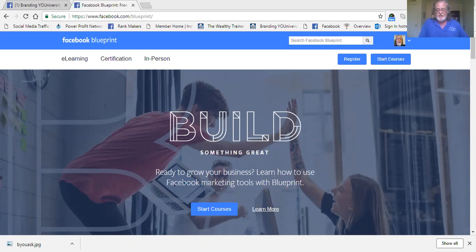This would be a place with Facebook ads where you can pretty much take a quick look and get your answer. As you see on my screen share, there's a search bar up at the top, search Facebook Blueprint. And if you intend to actually get through and learn Facebook ads, my suggestion would be to go to facebook.com/blueprint, where I'm at right now, and jump over and register. The reason that's a great idea, if you ever get too far, you might choose to be certified in Facebook ads, and if you do that,